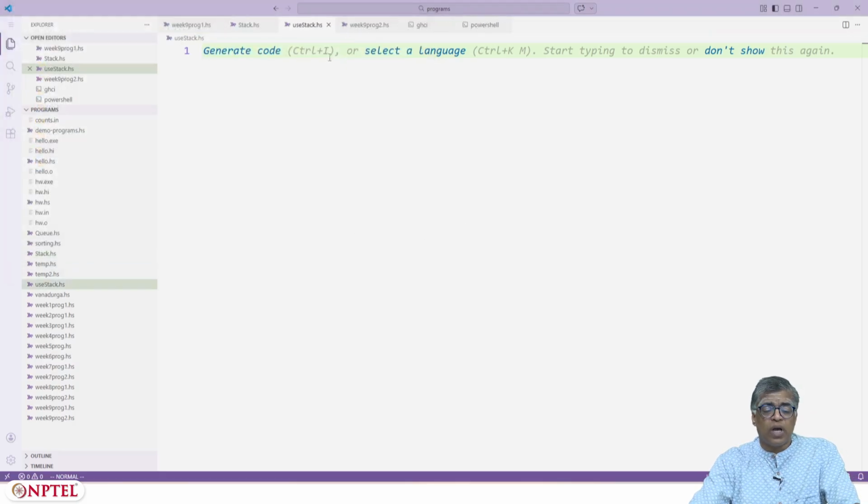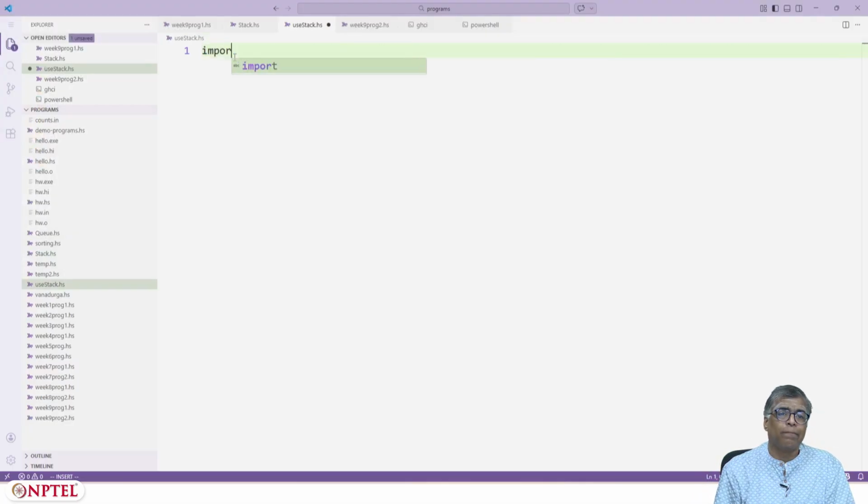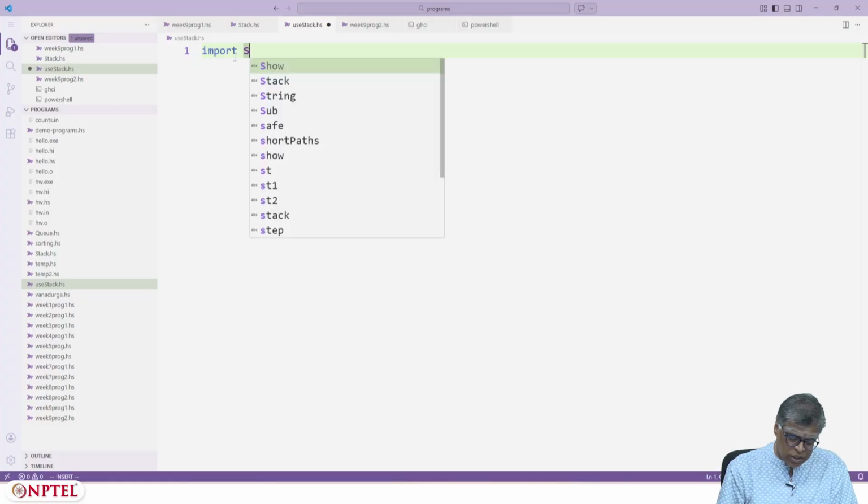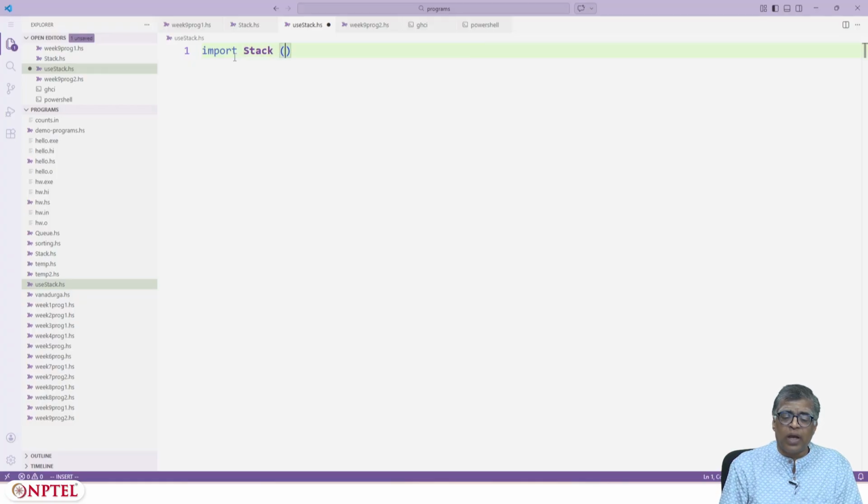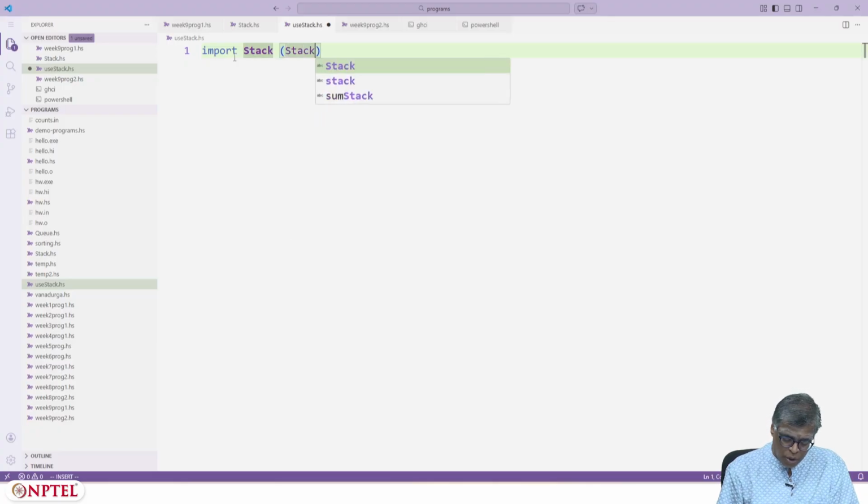Okay, so now I should import. Just like you did import Data.List, I can just say import stack, and I can import whatever I want to use. So I will import all the things that have been exported from the stack module.